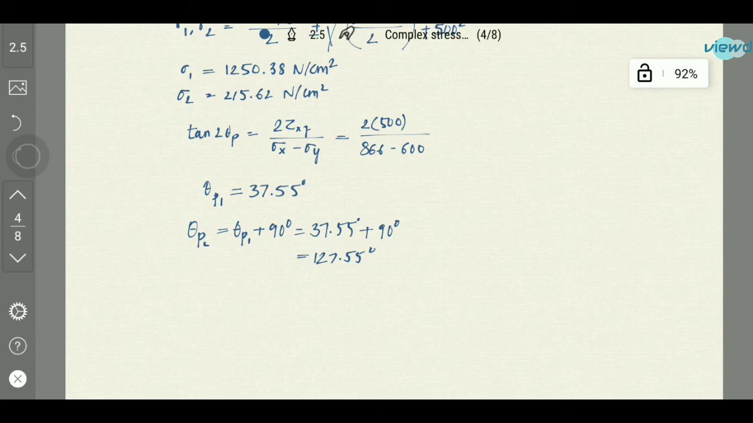So these are the principal stresses and the principal planes, and we have also seen first the oblique stresses. And in the next video, let us see about Mohr circle. Mohr circle is very important because by that a problem can be solved very easily, and also we will see